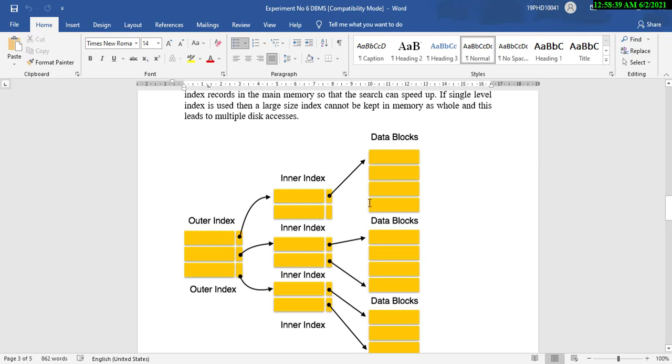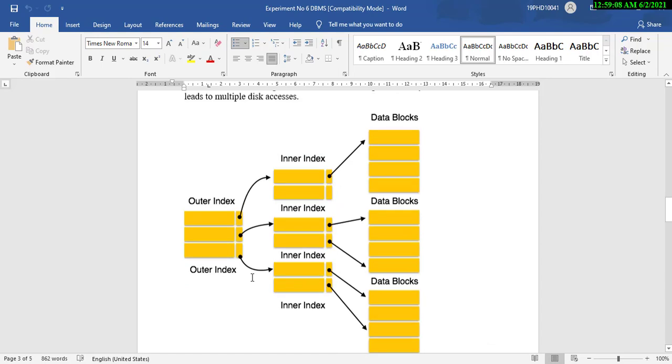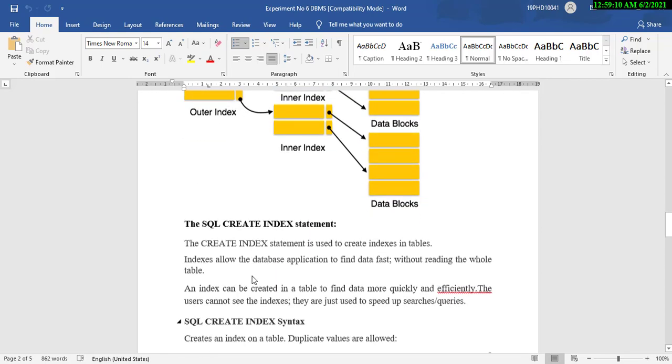These are the clusters of data blocks that we have created, and for each data block we have one space in the index, and such data blocks have one index, then another set has another index, and one more index is created which is the index of these index files. So where these index files are stored, for that I have also created one index. That is called inner index and outer index.